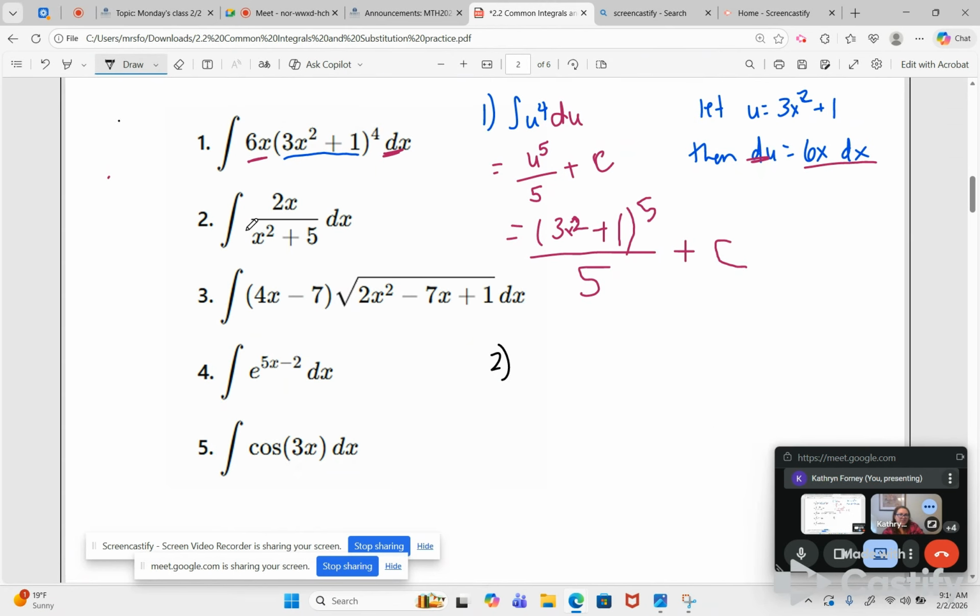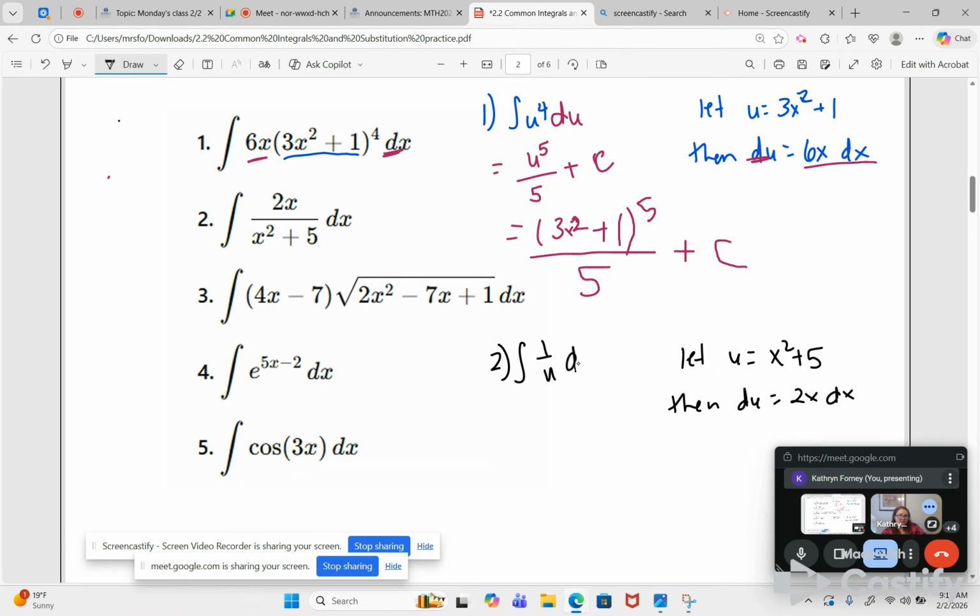And if I take the derivative of that, it's going to give me a 2x, which is also part of the problem. So we say let u equal x squared plus 5. Then the derivative of u is 2x dx. Now that is in the problem, so that's going to be 1 over u,